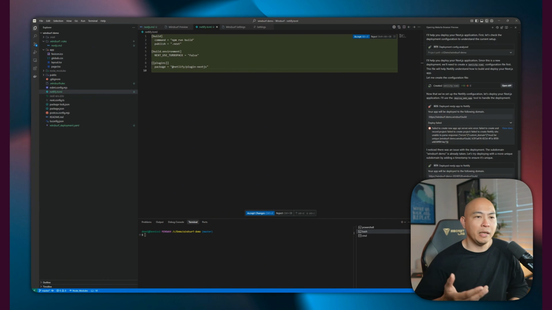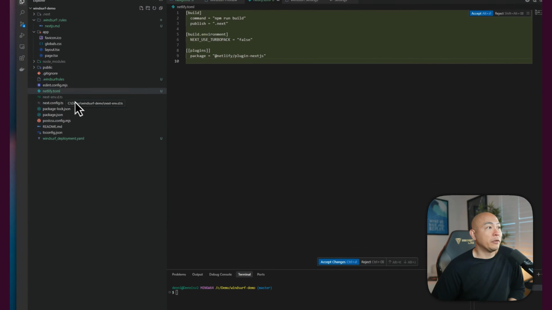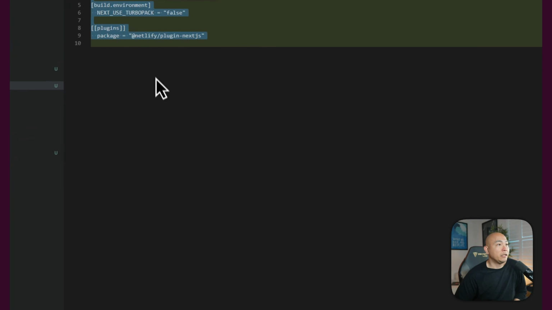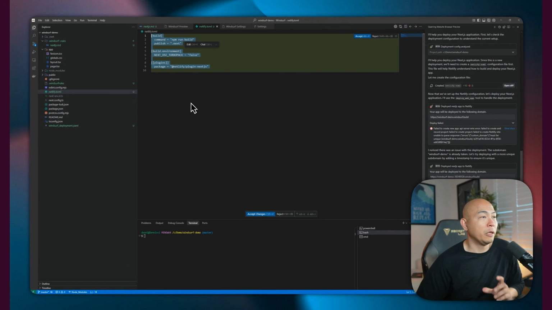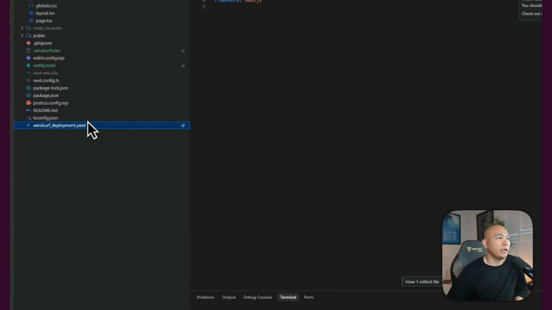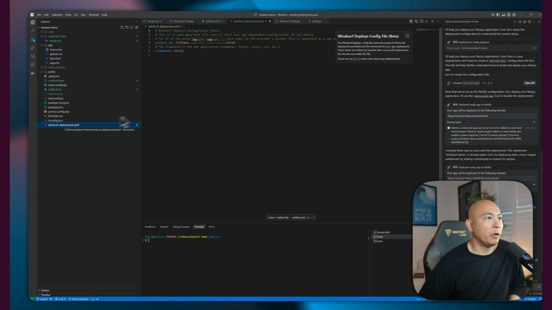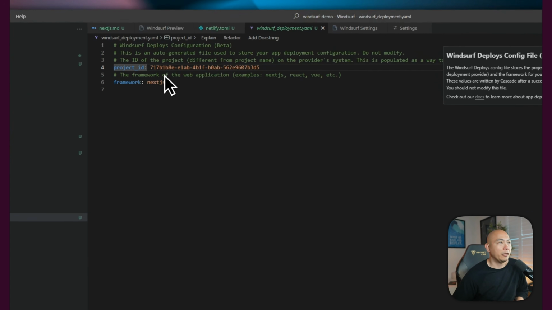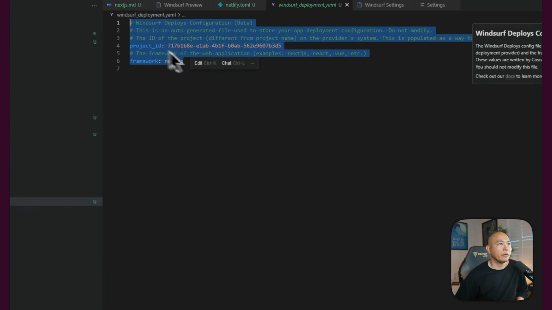So currently at this stage, it's still deploying. If you click on this deployment URL, it might not be available since it's still building. It just pushed the files to the server and now it's being built. After that has completed, it's going to deploy it. Just for completeness, you can see here that it created a netlify.toml file, which gives instructions to Netlify on how to build this project. Another one is a Windsurf deployment.yaml file, which will basically include the project ID and the framework that this